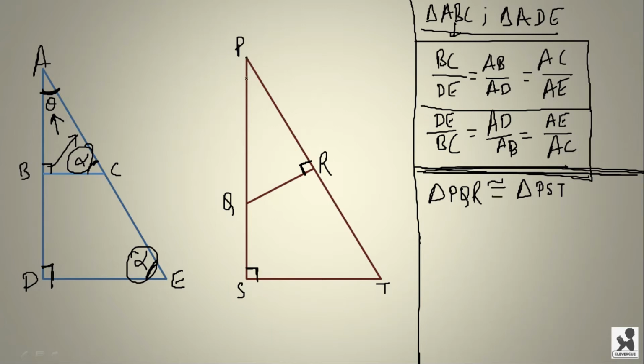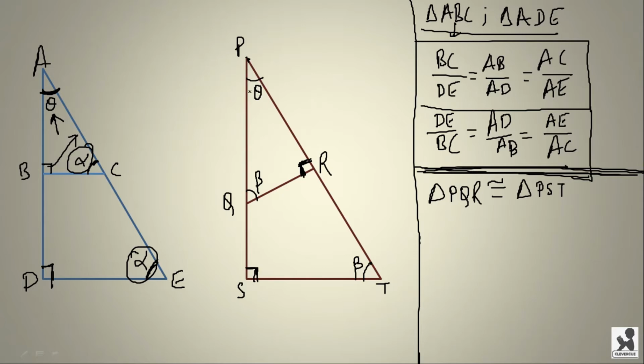Let us consider angle P as theta, and there are two angles of 90 degrees, that is PRQ is 90 degrees and PST is 90 degrees. We can see that point P and angle P is common in both the triangles, that is PQR and PST. So two angles in these two triangles are equal, so the third angle will also be equal. So let us name this beta. This is also beta. Now let us see.